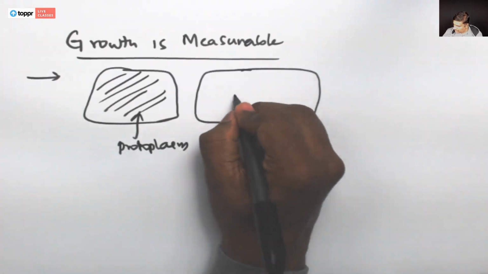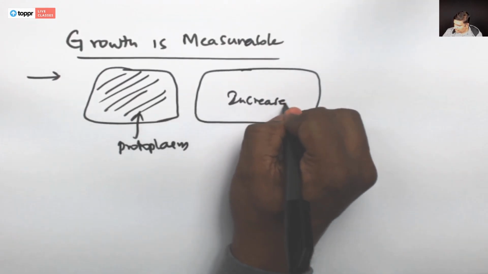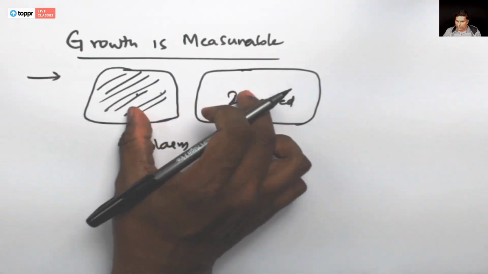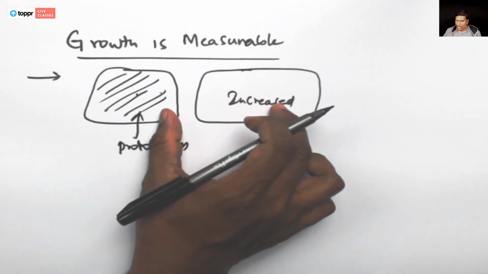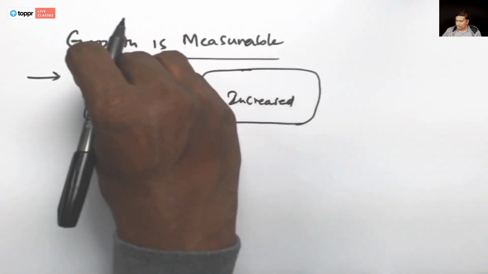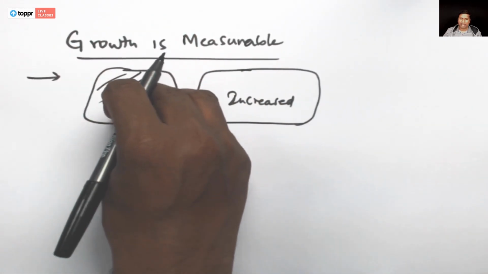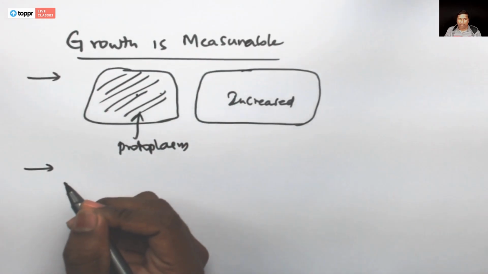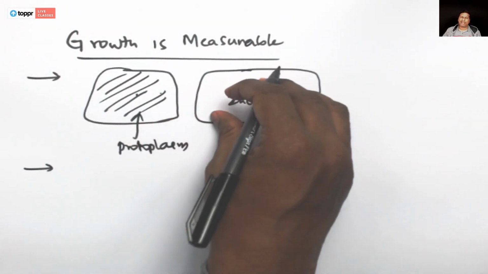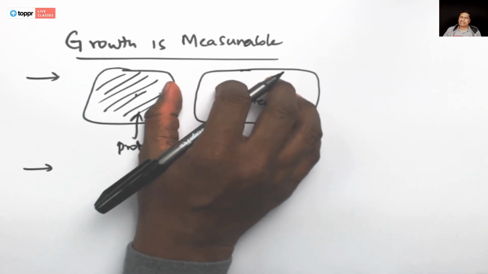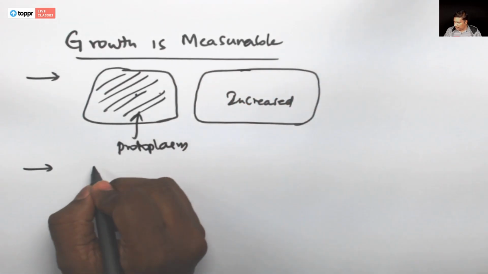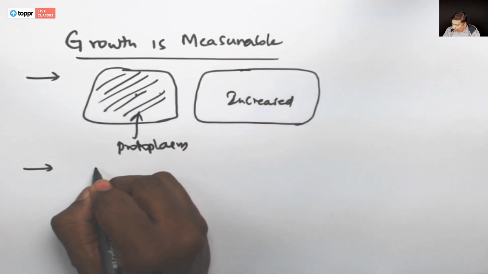Since we cannot measure, for instance, to be specific, if the cell size has increased, it's hard to measure the increase in the protoplasmic volume of the cells. So whether the inner contents has increased or not, it's hard to measure that. But we can actually measure a few components which will tell us whether the overall cell size is increasing or not. For instance, let's say we took a plant,